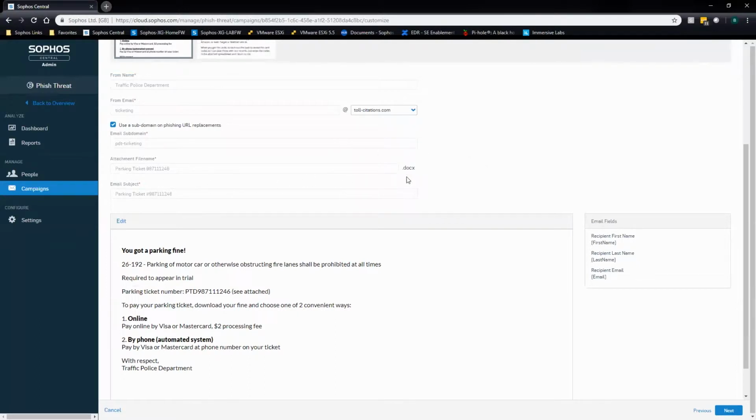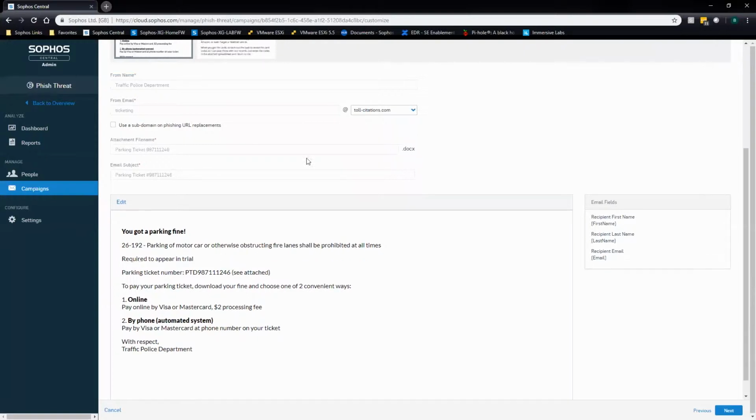You can see that this is going to be a Word doc, so docx right there. And you can actually come in here and adjust any of these names as well, the email subject, all of that information, or you can go to defaults, for example, which will assume the actual sender domain.